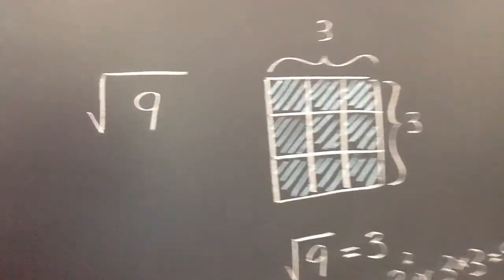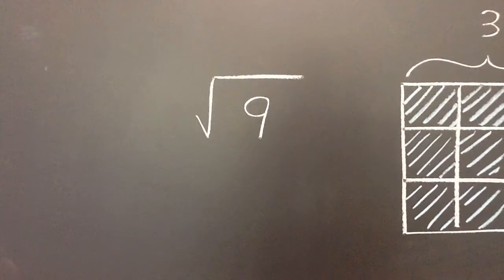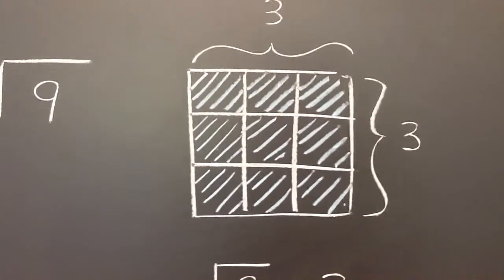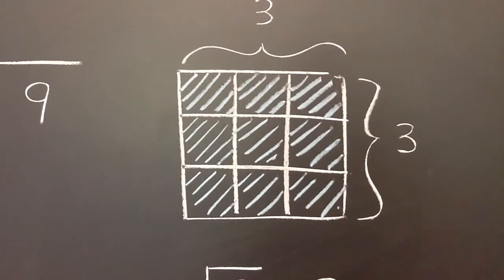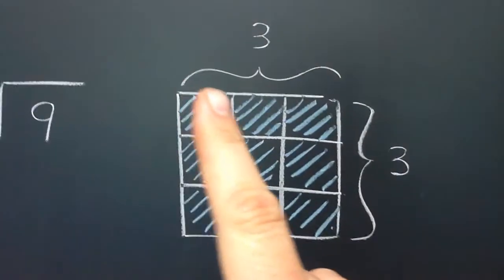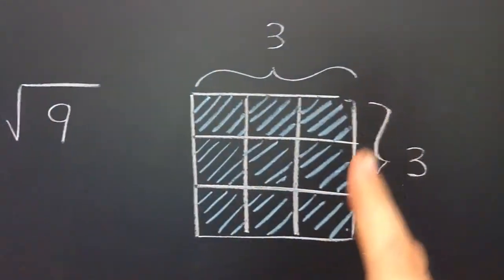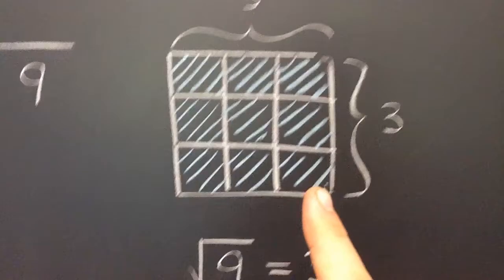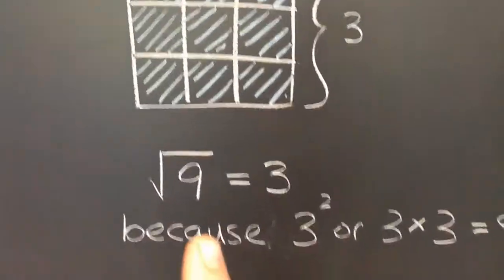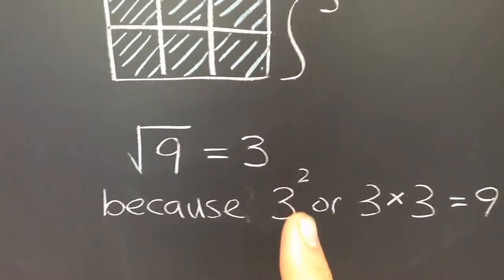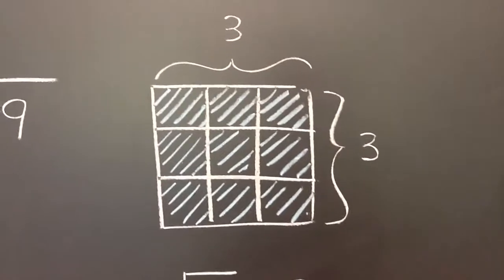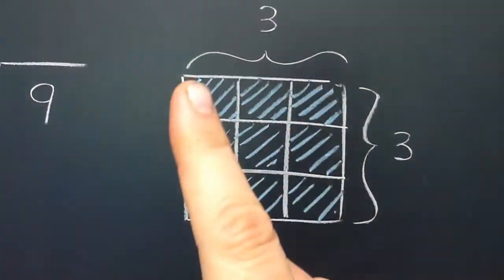visual representation. So let's talk about the square root of 9. Well, visually, if I create a large square composed of 9 unit squares, I know that the side length, therefore, of this square is 3 wide and 3 tall. And so I can say that the square root of 9 equals 3 because 3 squared, or 3 times 3 equals 9. So by finding the square root of 9, what it does is it gives me the side length